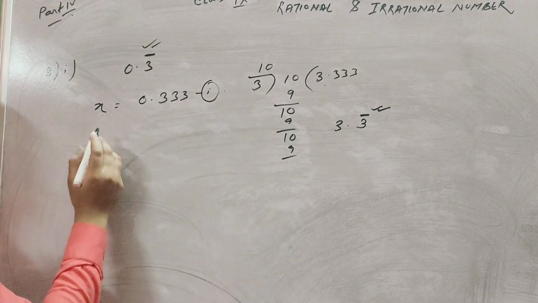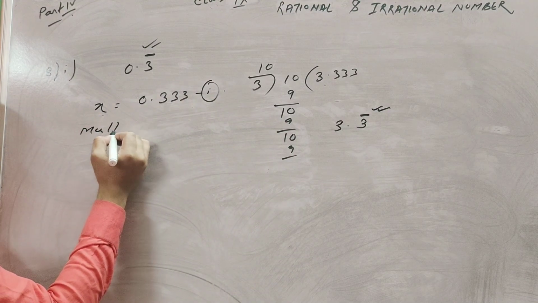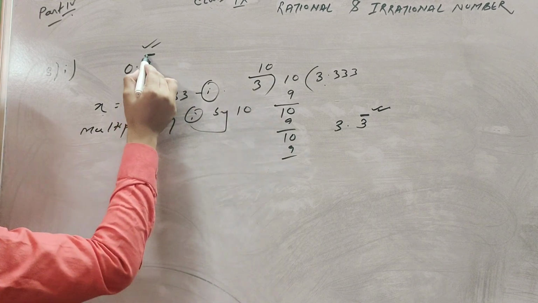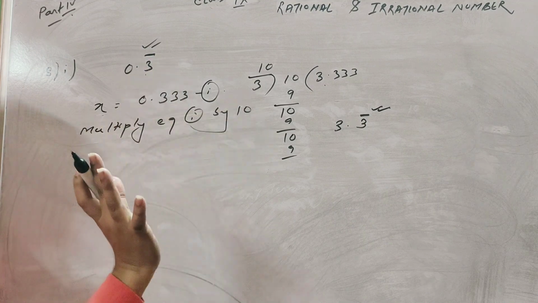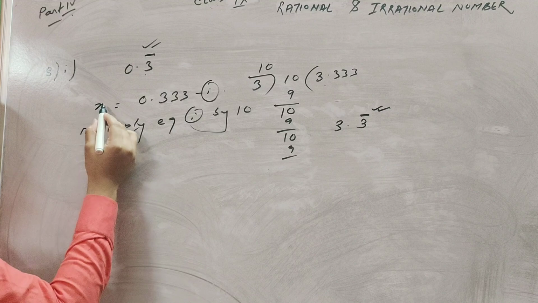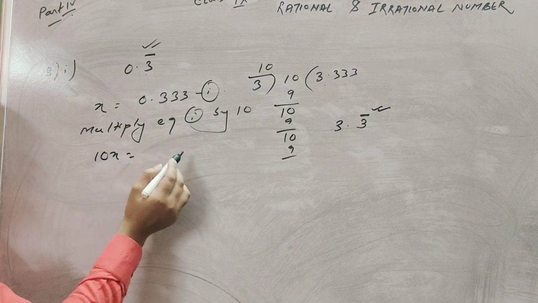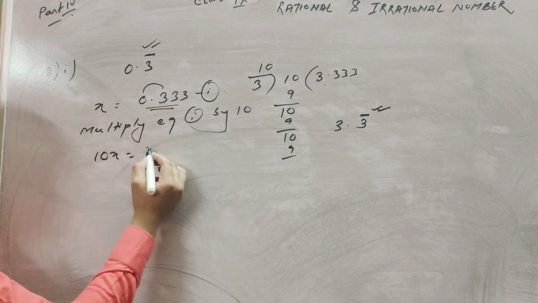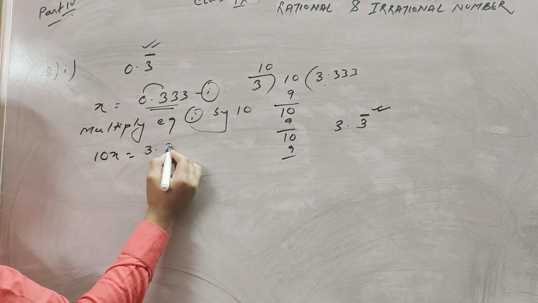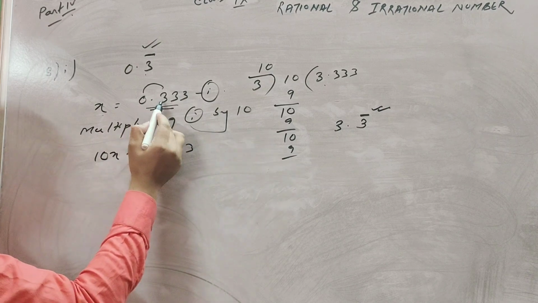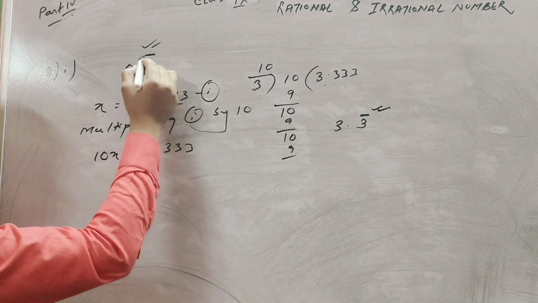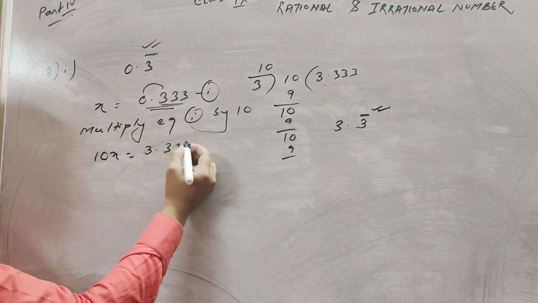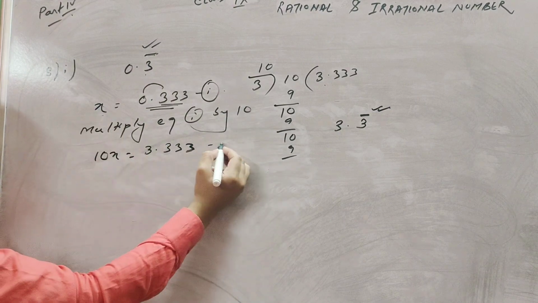Okay, equation 1. Multiply equation 1 by 10 because only one number is repeated. Clear? So when this equation is multiplied, we get 10x equals, this is multiplied by 10, that means the 3 comes to this side. You check the multiplication, 3.33, we write down more 3s. You see there are 3 3s, but I write down here 4 3s, because no matter how many times I write here, this is a repetition sign. Okay, that means 3 is continuously repeating. Clear? This is our equation 2.